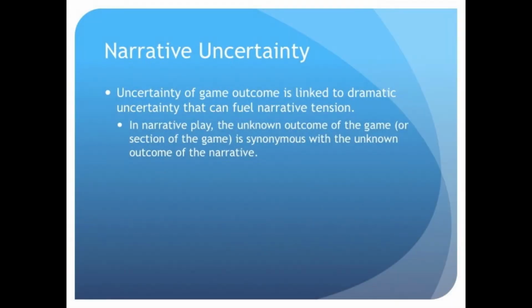A final part of this process of building in conflict and those narrative goals and structures is uncertainty. And this goes with the idea of variability within gameplay itself. So the uncertainty of the outcome is linked to that dramatic event. We don't know what's going to happen. We're more invested in what's going on. If gameplay is random, then that can build upon tension. And when we're playing with other players, if it's competitive in some way, that can fuel that engagement with other individuals.